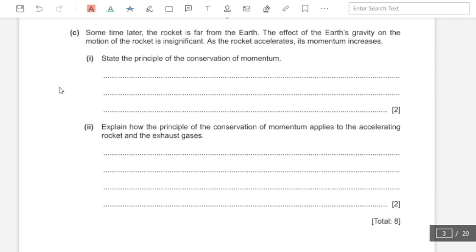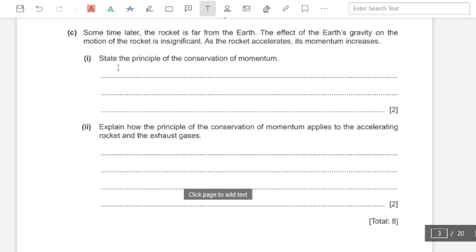C. Sometime later, the rocket is far from the Earth. The effect of Earth's gravity on the motion of the rocket is insignificant. As the rocket accelerates, its momentum increases. 1. State the principle of the conservation of momentum. Alright, so the principle is, given that no external